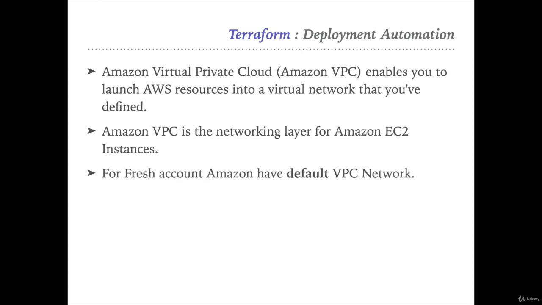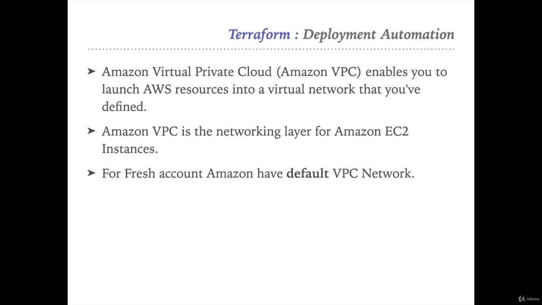For a fresh account, Amazon has the default VPC network. Actually, if you don't have any VPC network in AWS, not even the default, then you cannot create EC2 instances in AWS. To create EC2 instances, a network is a mandatory thing. So either you should use the default network or you can use your own VPC network to create the instances